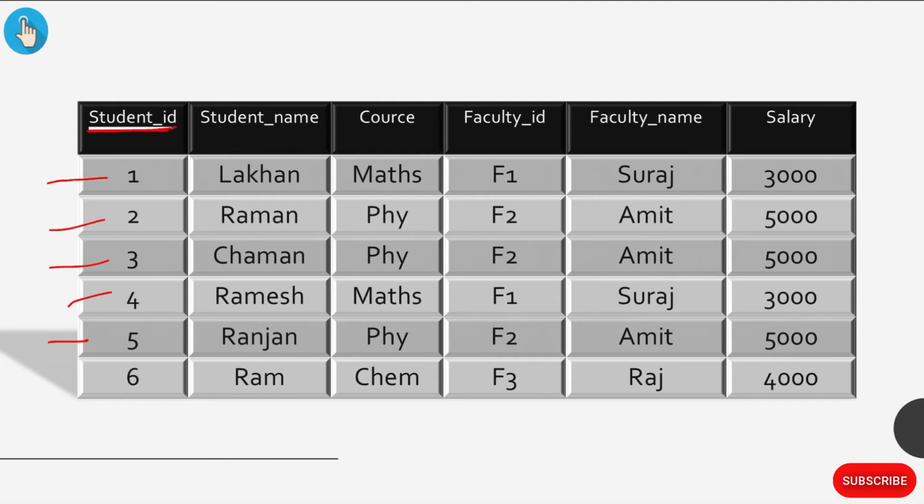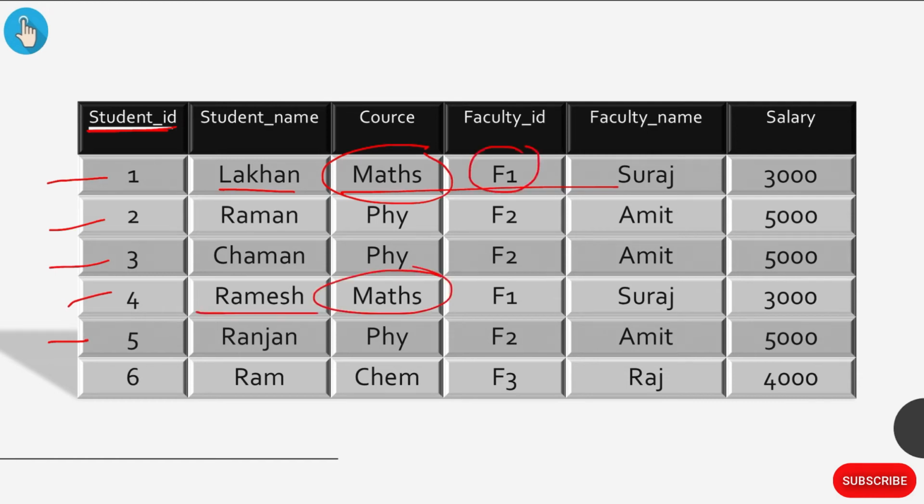It does not have the same value, as we have already used the primary key in the student ID and solved the row level duplicacy problem to get a unique value in it. So this problem won't come, the row level duplicacy. Here you can see that each and every student has their own data. It is not repeated in this table. Now as for the course, suppose maths, here there are two students who are learning maths, right?